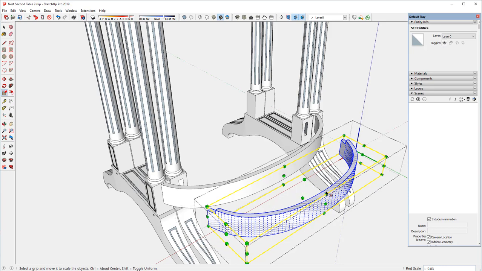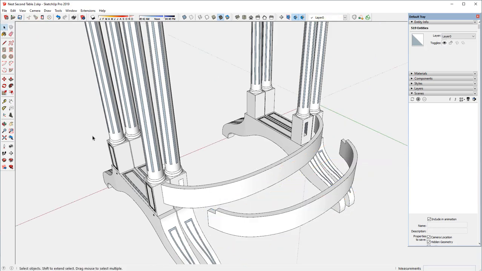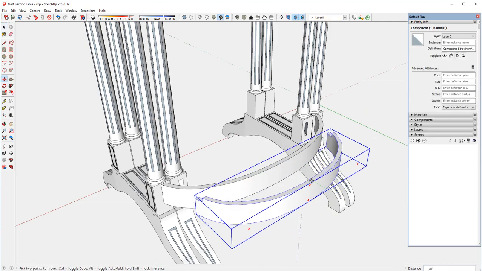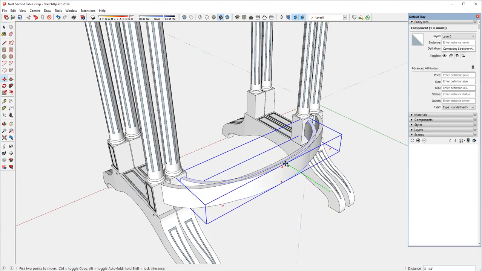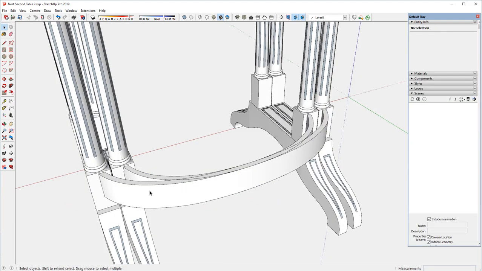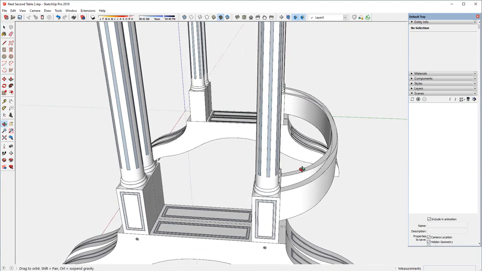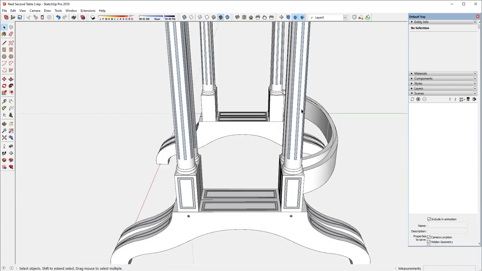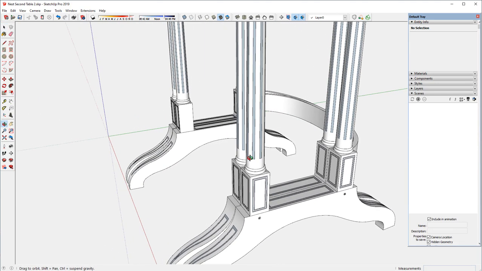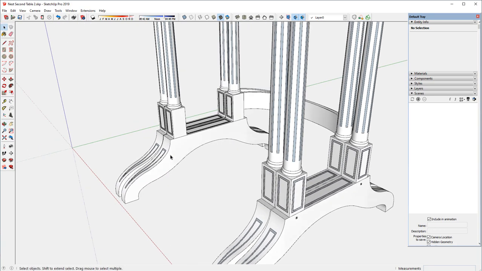There it is. And now I've got a stretcher that will fit into those mortises. There's a little bit of a change in the width of the tenon on the end using the scale tool. I can fix that later, but